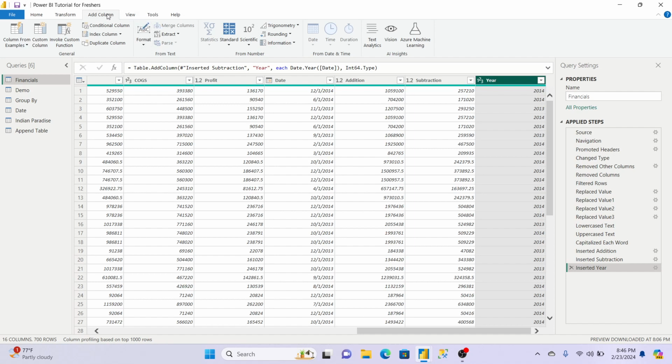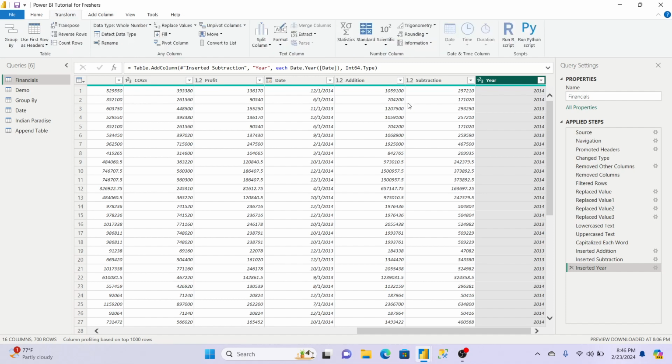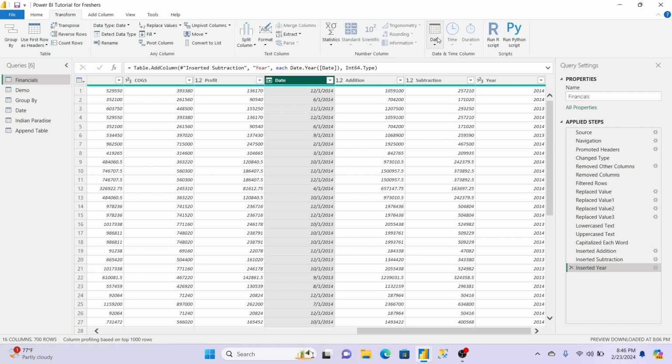Why did I do this in add column and not in transform? Now let me show you that properly. Interview question: why do we use the add column option rather than the transform column? I am going to show you now. Go here. Again click here. Here also the date option was there. Just click here on year.